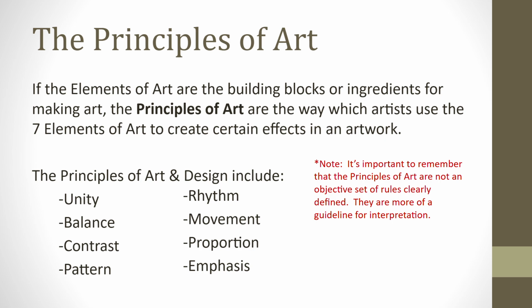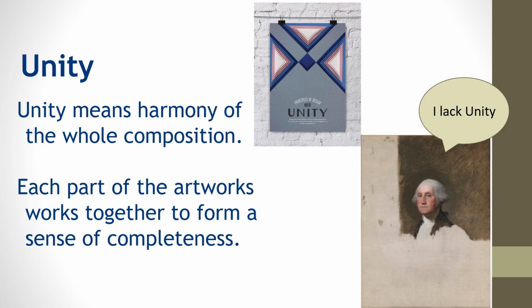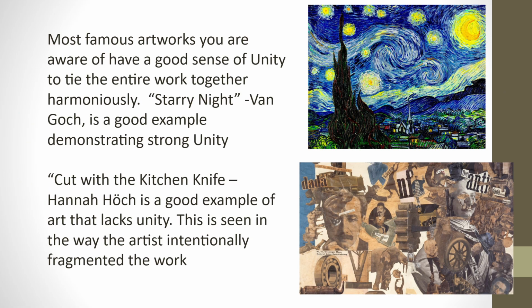The first principle that we will talk about is unity. We'll define this as harmony of the whole composition. Each part of the artwork works together to form a sense of completeness. I have this portrait of George Washington over on the right because it's incomplete, lacks unity. The most famous artworks you're aware of have a good sense of unity to tie the entire work together